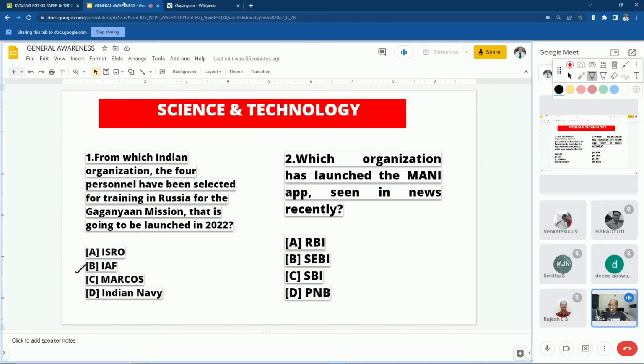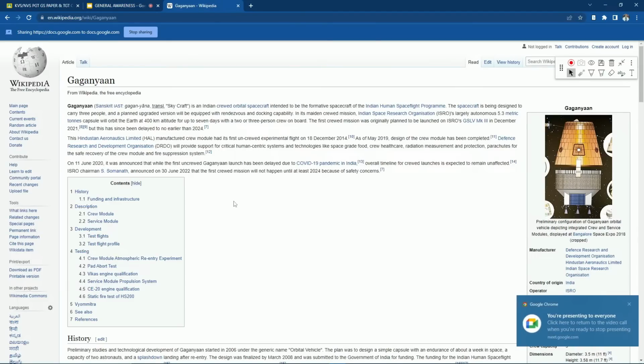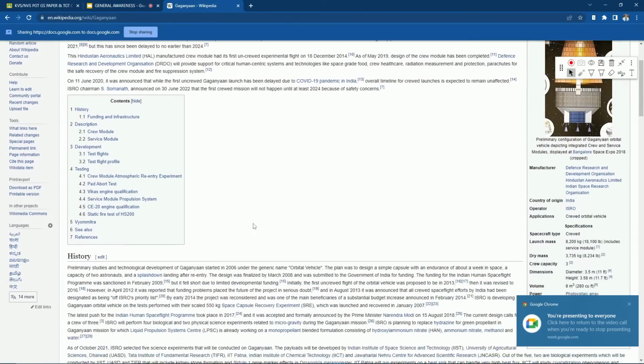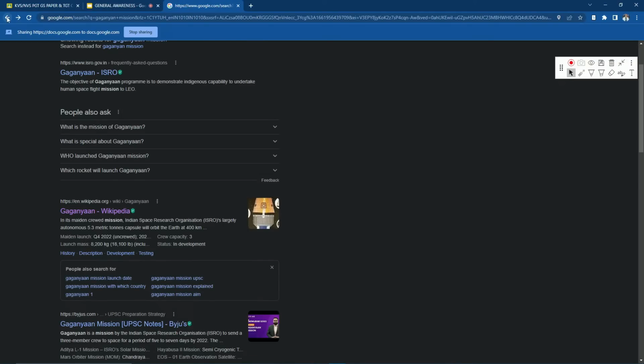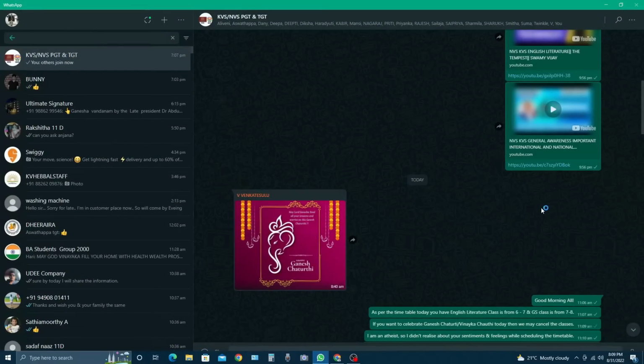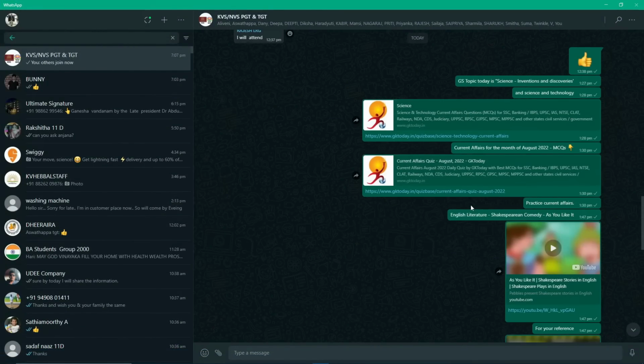But the question is, from which Indian organization the 4 personnel have been selected for training in Russia for the Gaganyaan mission that is going to be launched in 2022? ISRO is what? What is the full form of ISRO? Indian Space Research Organization. Right. But if you see the question structure, I'll also open the question in the current affairs,